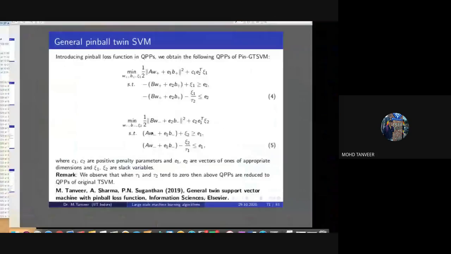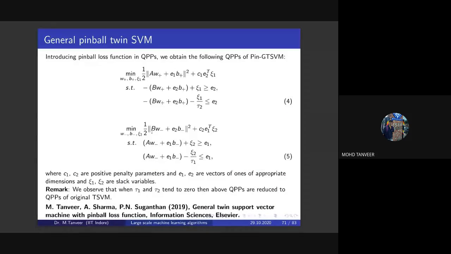So the one issue is resolved, that's computational complexity. Now, quickly, I'll discuss the issue of noise. Here we are discussing, for the first time in Tune SVM, that in the original Tune SVM we are introducing the pinball loss function. A pinball loss property is that it is insensitive towards noise, right? So you can see in 4 and 5, and you can compare with the